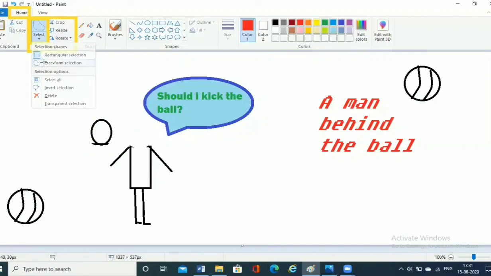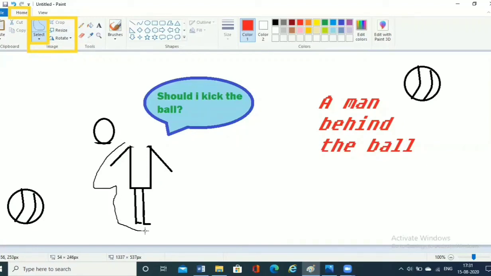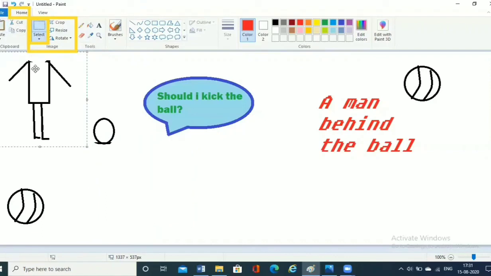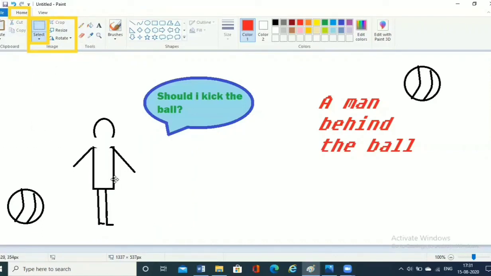Once again, we will select free form selection, then we'll select this body. This body is selected, then I'll click on cut, then I'll click on paste, and then once again I can paste here. So this is how we can do this selection with the help of the free form selection tool.